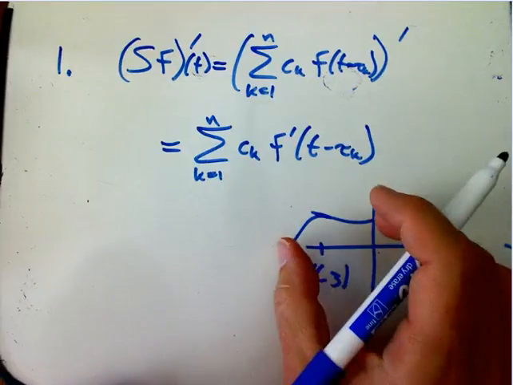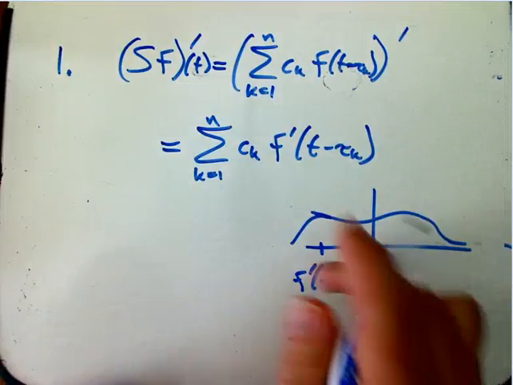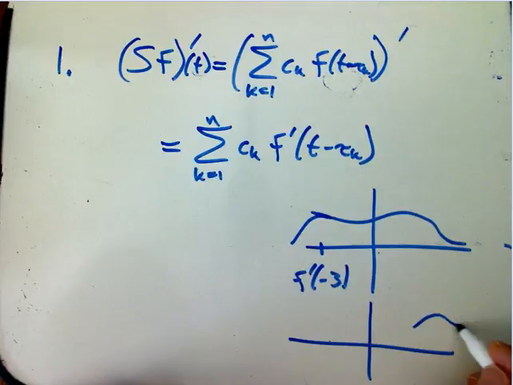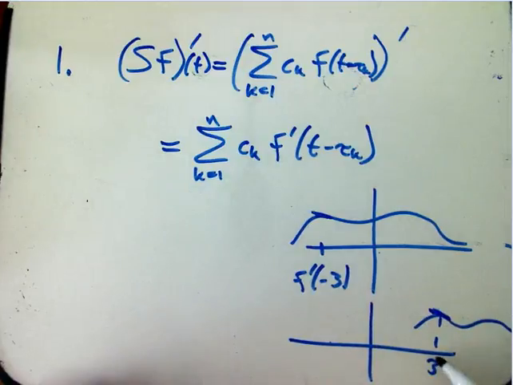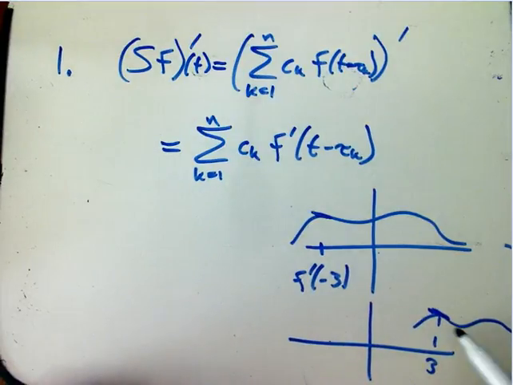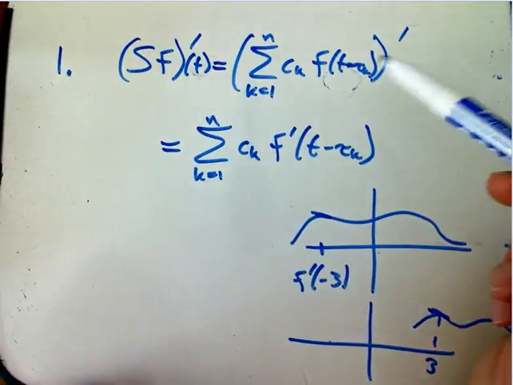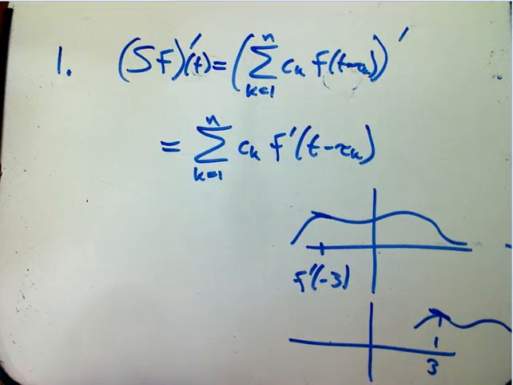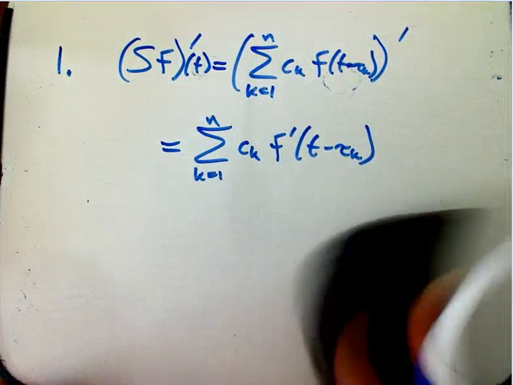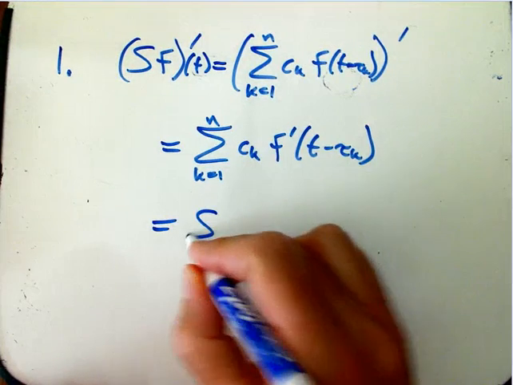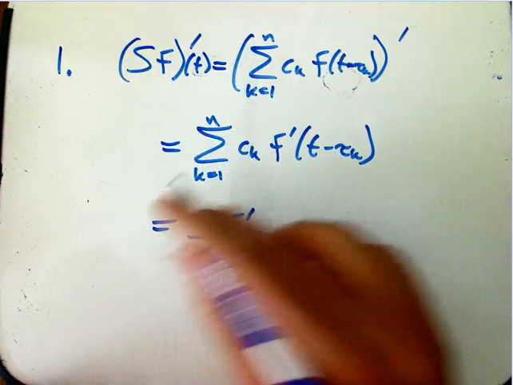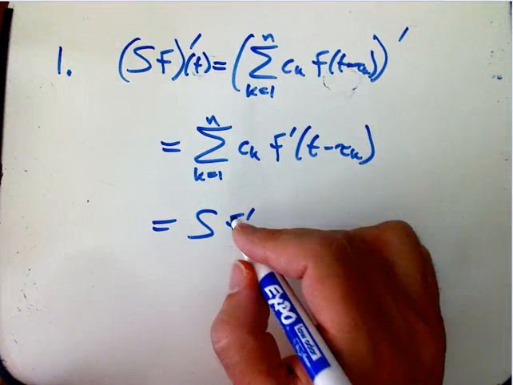If I take this function and I slide it over so that that feature is over here at plus 3 and I take its derivative, I'm going to get the same answer. There's nothing special about taking a derivative at 3. There's nothing weird about that point fundamentally on the line. I always take the slope of the tangent line. That's what really is happening when you do this application of the chain rule. So it's actually a symmetry principle. In other words, that's just what the S operation, the sum of a particular linear combination of particular translates,